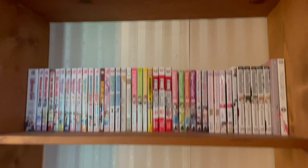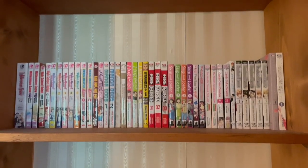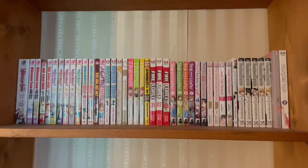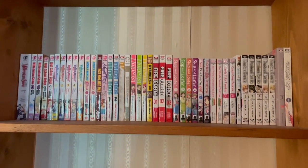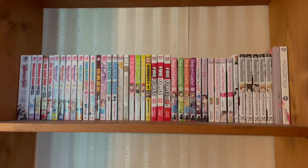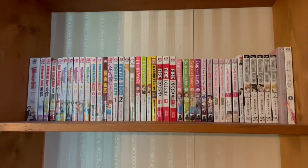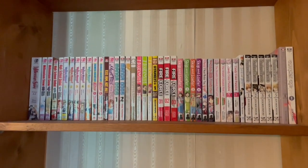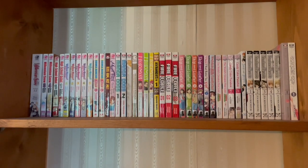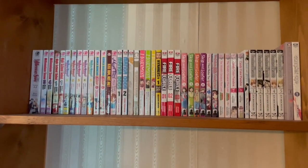So here's the completed section. On the left is my older romance manga, while on the right is my newer romance manga and everything in between. I added Pandora's Hearts, Fire Force, and something I believe it's called Yankees. Don't quote me, but I added those titles in there because one, I didn't want to leave empty space,